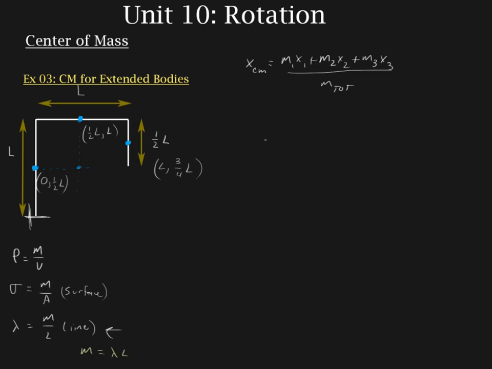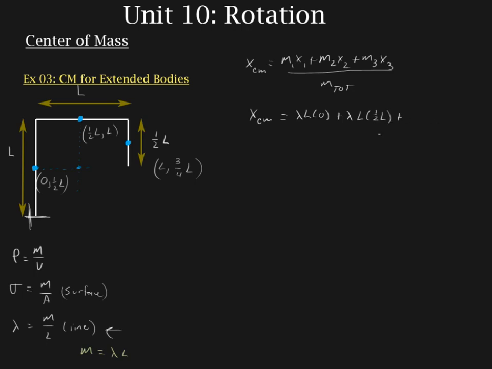Okay, so we get xcm is equal to lambda times L times x1, and x1 is 0, so that's times 0, plus m2, so m is going to be equal to lambda times the length, which is L. So we get lambda times L once again. And for the second position, in the x dimension, we have 1/2 L. So this becomes 1/2 L